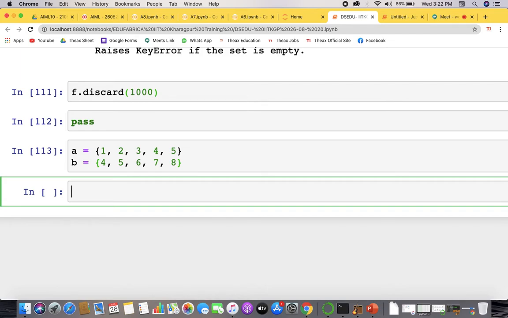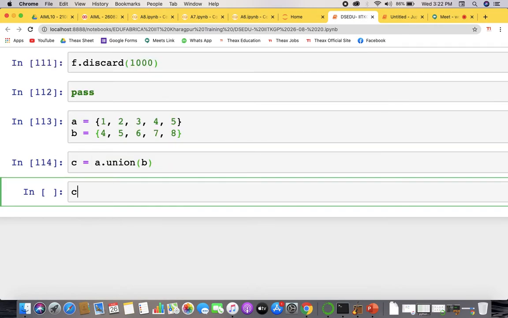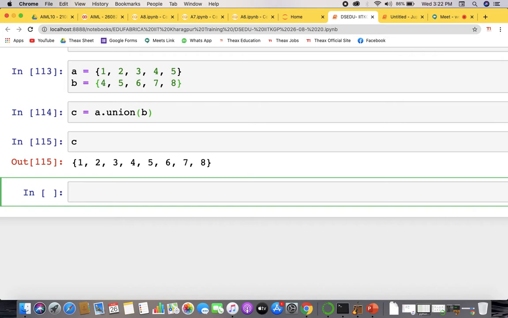Now, if I want to see all the elements, I can make a C and write A dot union of B. C is 1, 2, 3, 4, 5, 6, 7, 8. That is the union of A and B.